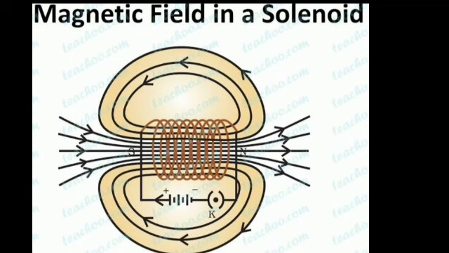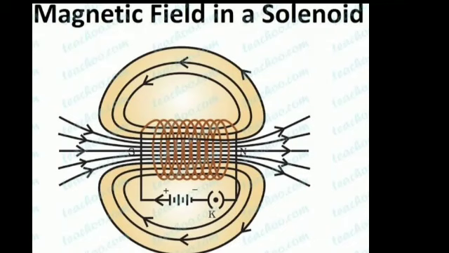You are aware of the magnetic lines of force of a bar magnet. The properties of the magnetic field of a solenoid are very similar to the magnetic field produced by a bar magnet. One of the open ends of a solenoid acts as a magnetic north pole and the other acts as a magnetic south pole. The magnetic lines of force inside the solenoid are parallel to each other. What does this mean?